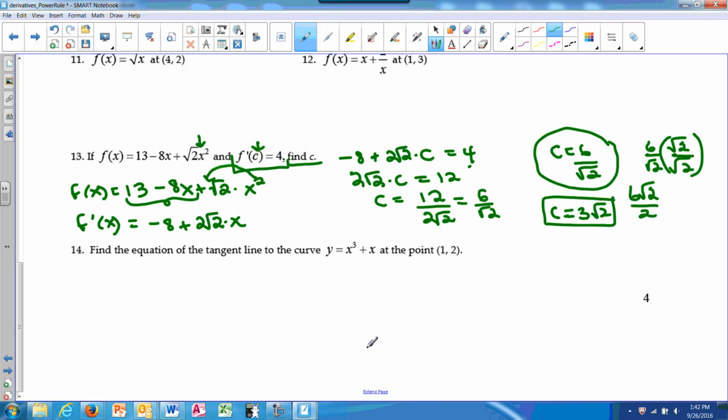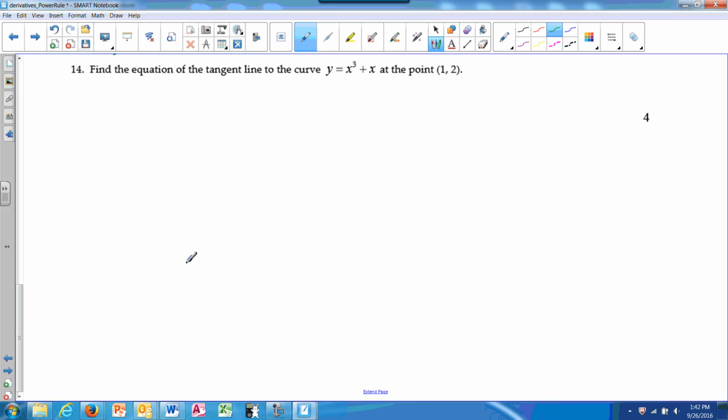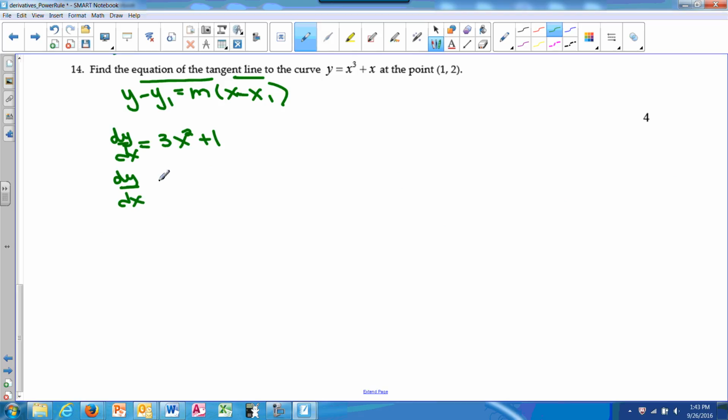For this part, we're going to bring the power down to multiply, so we get 2 root 2, and then x is just to the 1st power. We tend not to write the first power because it's understood, but also because it looks like a prime, and we don't want to confuse that with a derivative. Notice we're not substituting 4, we're substituting c. So negative 8 plus 2 root 2 times c, and we're setting that equal to 4. So if I add 8 to both sides, I get 2 root 2 times c equals 12. If I divide by 2 root 2,